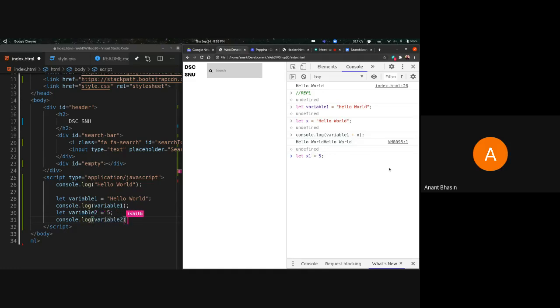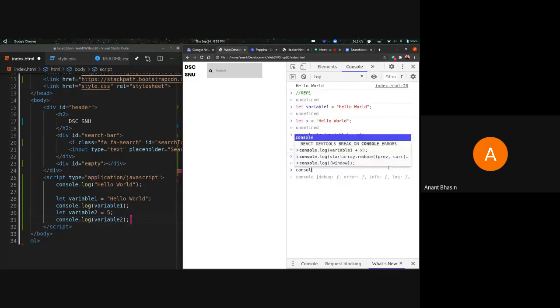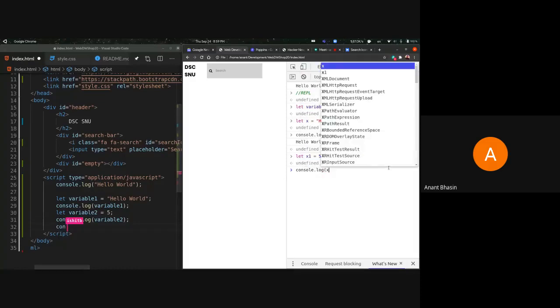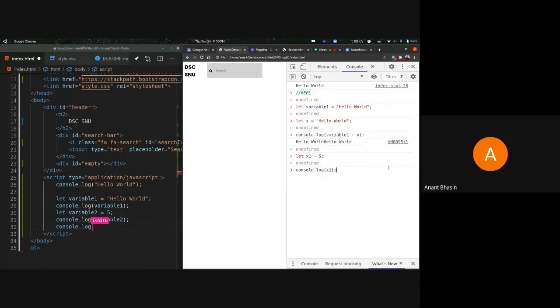So I'm going to give it x1 is equal to 5 and console.log x1. And you can also do basic arithmetic here, which is obviously what coding is.